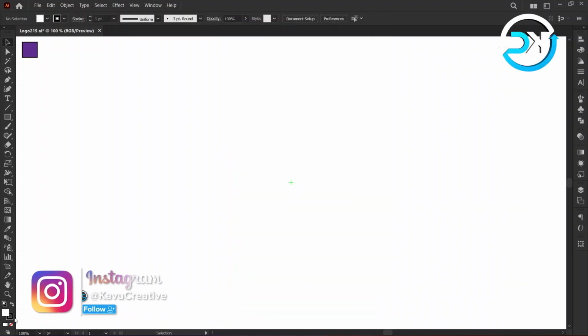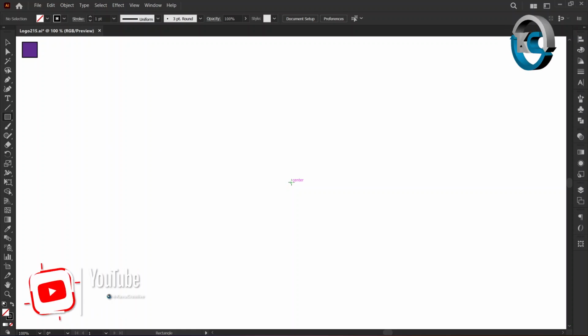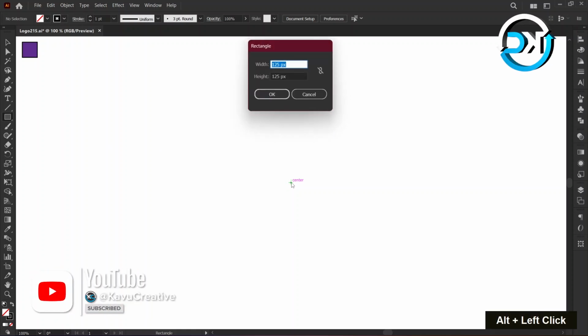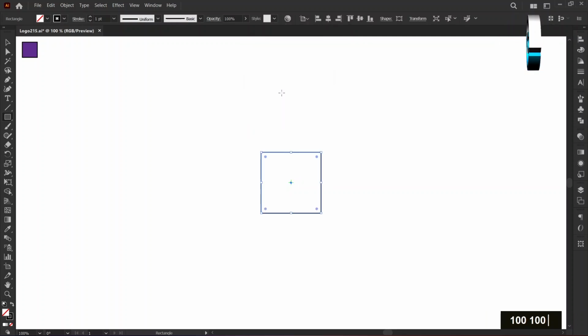Make fill off. Select Rectangle tool from the tool menu. Hold the Alt key and left-click on the center of the artboard. Write height and width as 100 pixels. Press OK. Select Pen tool and